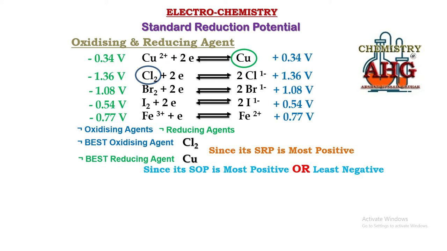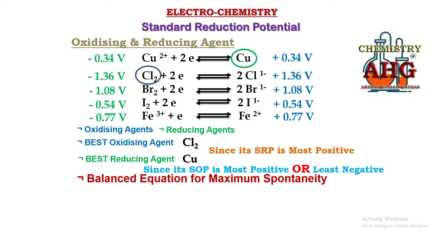Now if it is asked which two half cells, if we combine them, can construct an electrochemical cell giving maximum voltage, giving maximum spontaneous reaction. Maximum spontaneous means having maximum voltage, having maximum output. So what you must remember, whenever you are asked to write a balanced equation for a reaction having maximum spontaneity,